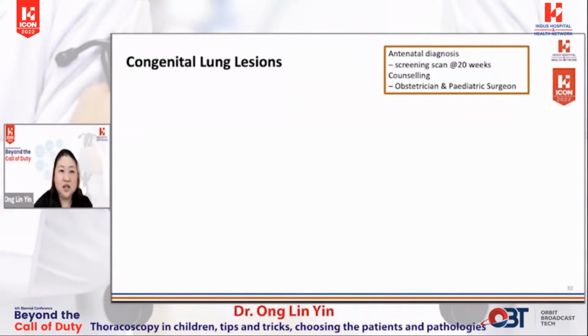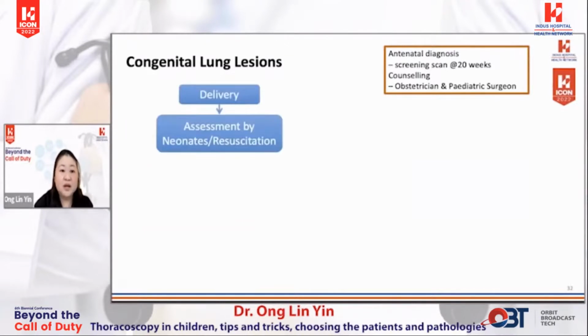Certain indices, such as the observed over expected CCAM volume ratio, are determined, and presence of a feeding vessel is noted. That would signify a diagnosis of a sequestration. They are counseled by obstetrics as well as the pediatric surgeon, and delivery is usually via normal delivery if there are no other contraindications. At the time of delivery, the baby is assessed by the neonatologist and resuscitation is effected